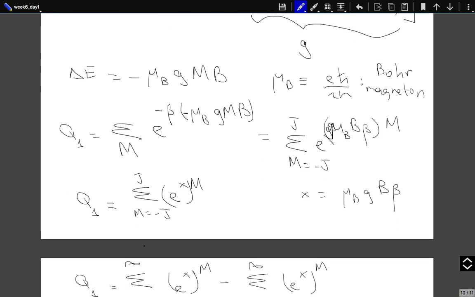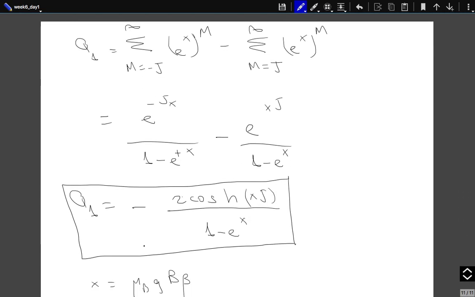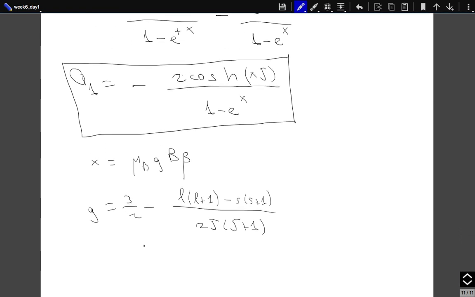Then I can write down the partition function. But keep in mind, M, the Z component, just changes from minus J to J. So I'm just summing over all possible values of M. So this is my partition function for a single particle. And then, of course, from this, I can calculate the n-particle partition function and the n-particle Helmholtz free energy and the energy, magnetization, etc. Or I can just calculate the magnetization from a single particle Helmholtz energy multiplied by n, because basically they are not